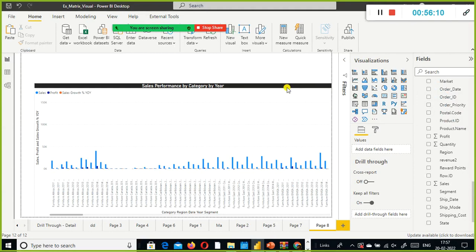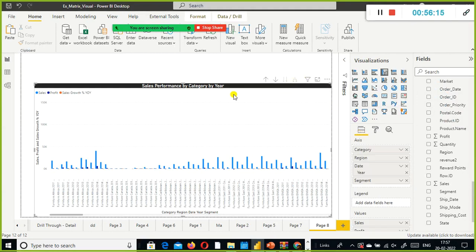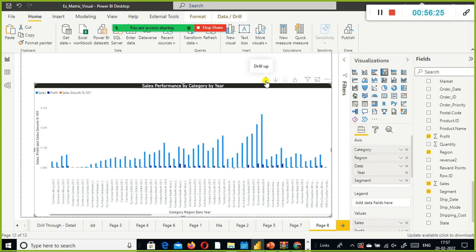Got it. So that's all, right? We don't have any more levels beyond this, so hence it stopped. Here the segment also has been shown, right? Segment also we could see that. Can we see the segment here? One second, let me just move this up. And furniture, yes, the last one is segment.